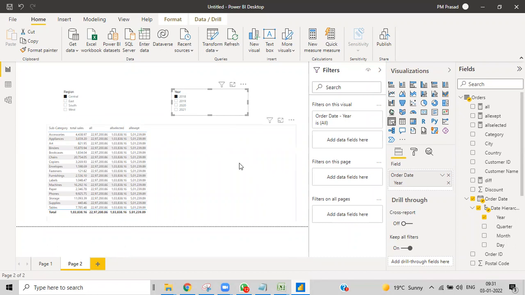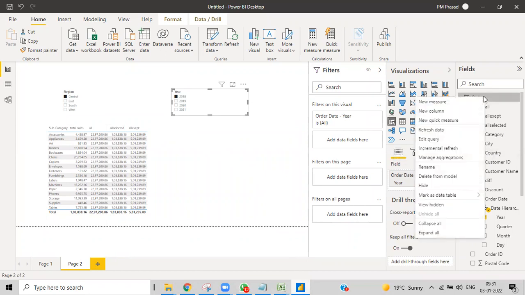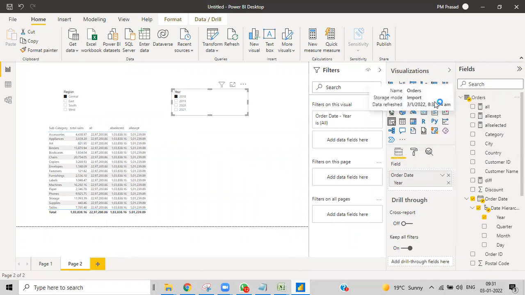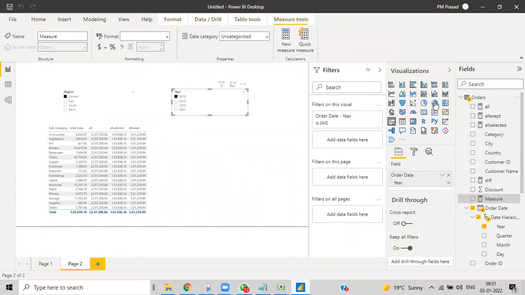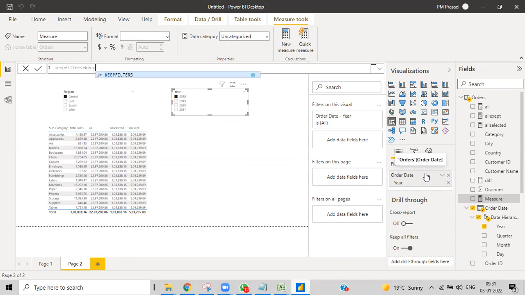So for that, here is what we can do. I'll write a measure: calculate. So keep filters is equal to keep filters.